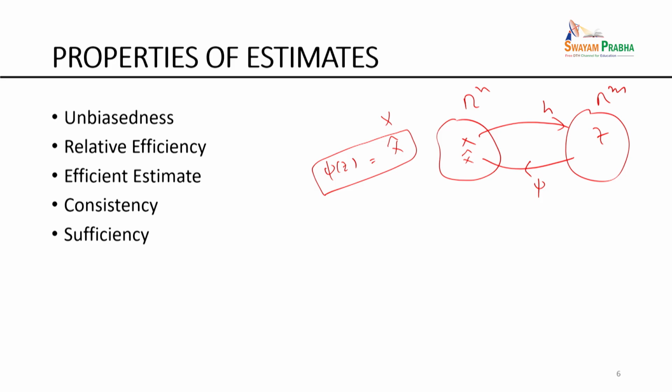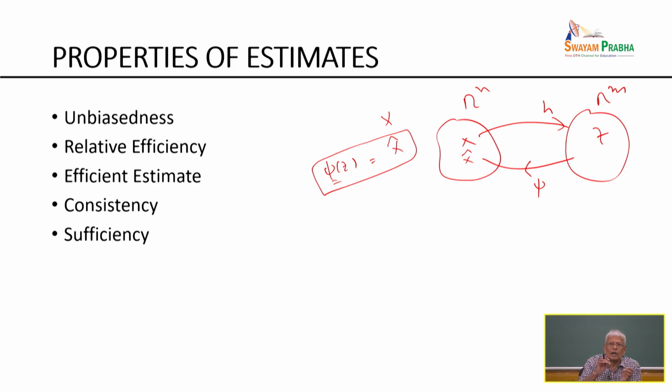And there are what's called sufficiency conditions for an estimate to be a good estimate. So unbiasedness, efficiency, relative efficiency, consistency, and sufficiency of estimate. Sufficiency of the function phi. What does sufficiency say? This function, which is the function of z mapping to the state, has enough richness to be able to get a good estimate.